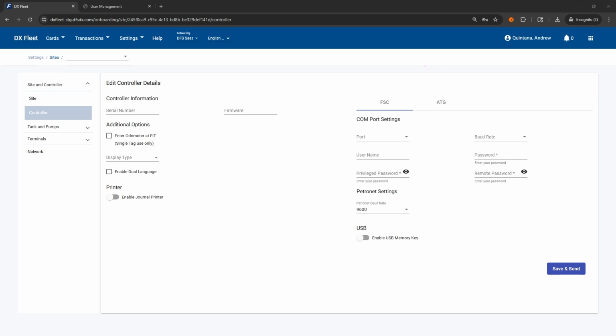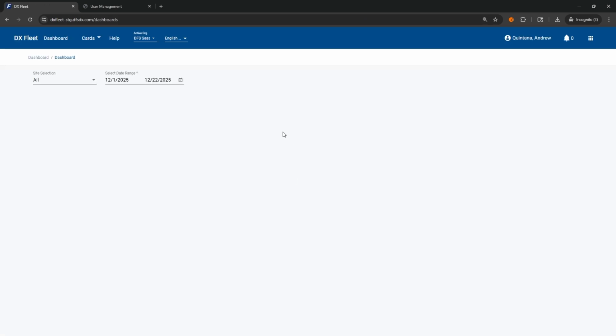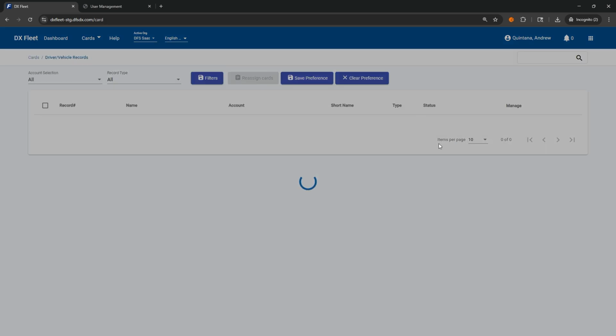Let's see what else we can do. If we change to, let's do a vehicle manager. This is a vehicle manager only. Let's sign out, sign back in. Now we will be a vehicle manager. And here you basically have access to the card. So the cards,